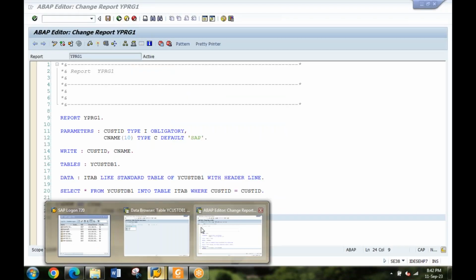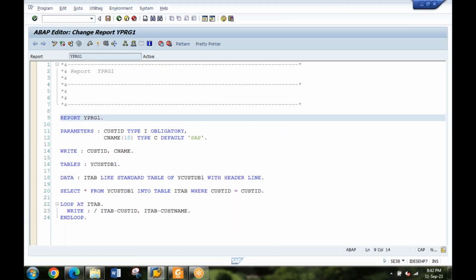The reason I showed you this software, database and programming, is so that you can understand that it's not that difficult. It's easy when compared to other programming languages, I feel.